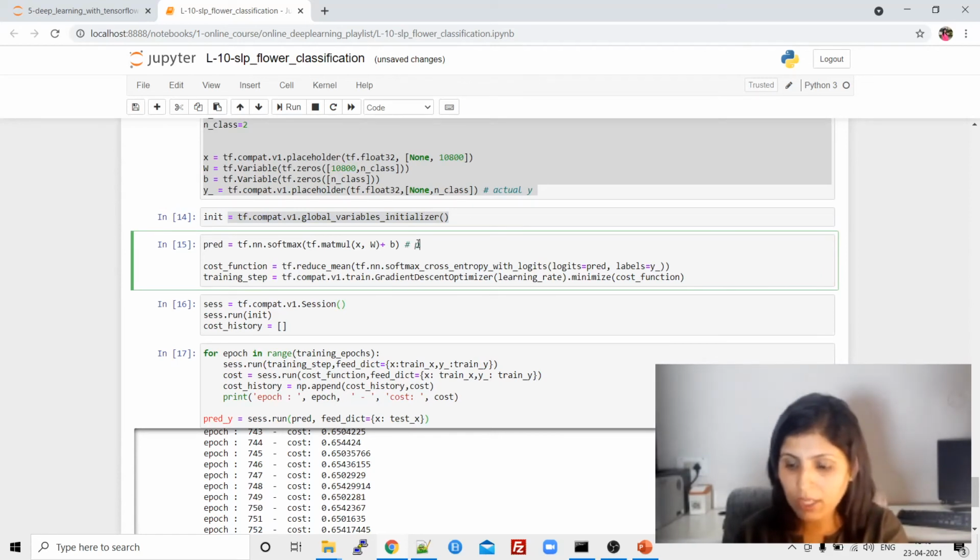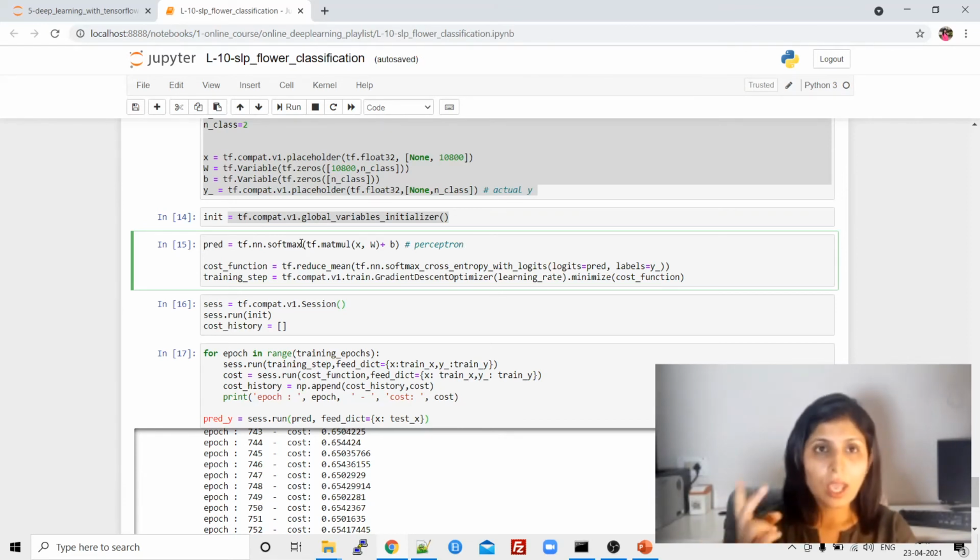This is the functionality of the perceptron. Perceptron means an artificial neuron, and we have two functions in it. The very first function is to multiply inputs with weights and add bias. This is the summation function. After performing the summation function, perform the activation function on it. The output of summation becomes the input to the activation function, and then we apply a softmax activation function on it.